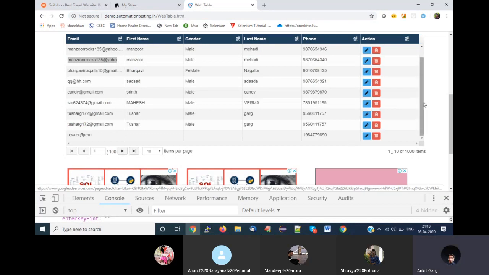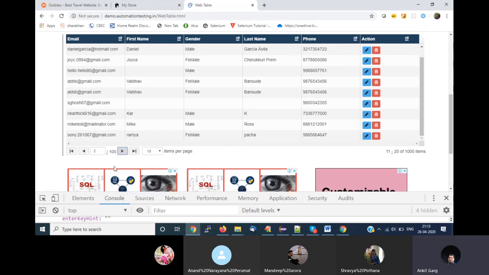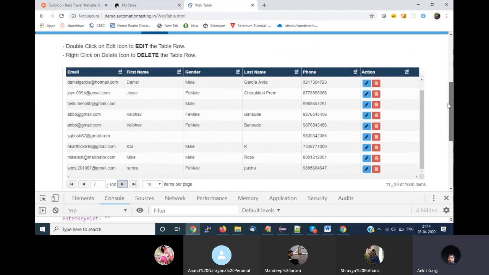Okay, try to do this scenario. And let's extend this scenario. You have to click on this element also, and from the second page also you have to do the same operation. It could be a bit tricky, but let's see how much you are able to do.